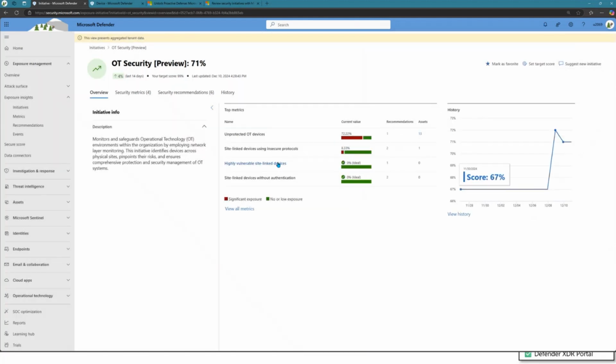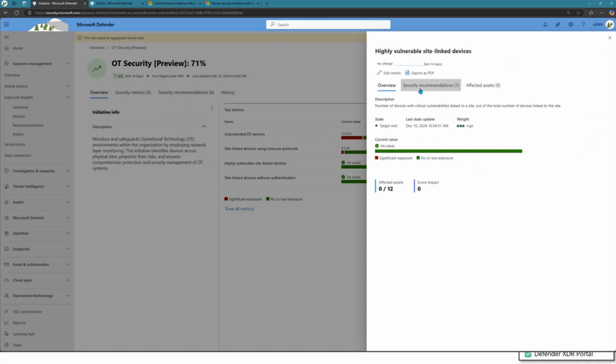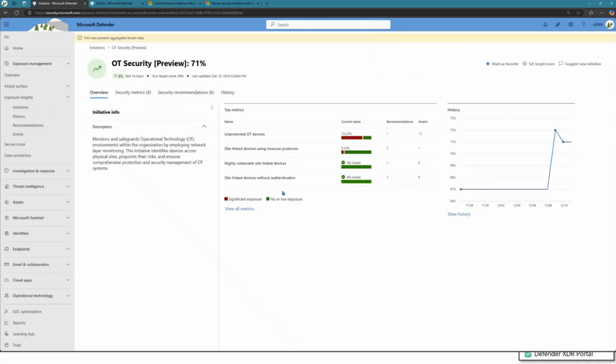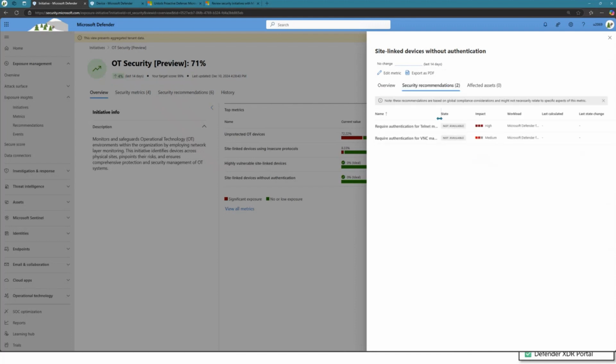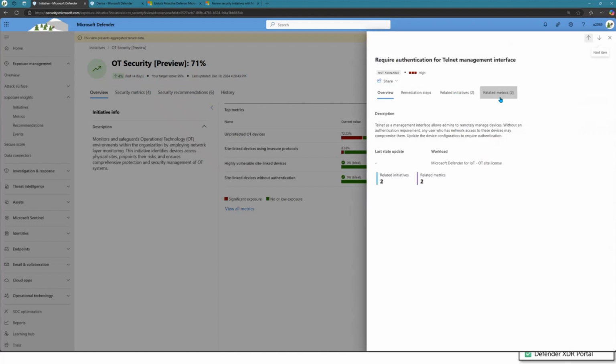You also have devices that are associated to sites with critical vulnerabilities, and also devices that are using insecure or unauthenticated protocols without authentication, like Telnet and VNC, for example. And then you can dive in and see what's required in order to secure those specific protocols and reduce the risk